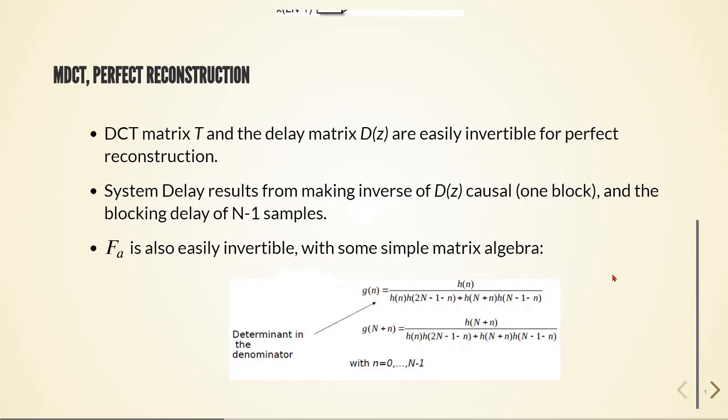And the folding matrix, the analysis matrix FA, is also invertible with some simple matrix algebra. And we need to pay attention to the determinant of the matrix. And here we see the determinant in the denominator. And then we can set this determinant to a specific value, so we can guarantee that the matrix is invertible. And even more, we can choose a value so that the synthesis coefficients, components, are exactly the same as the analysis components in